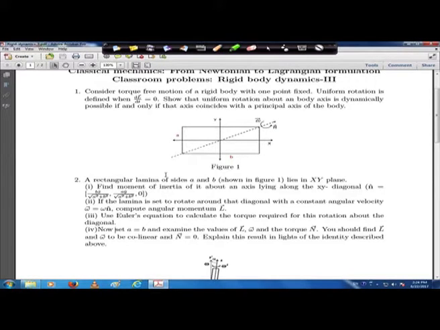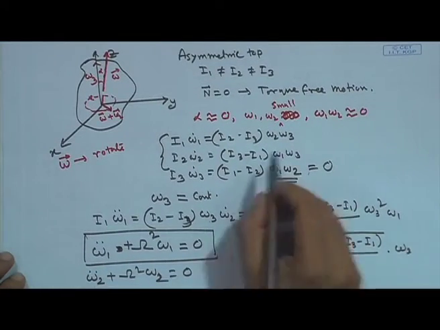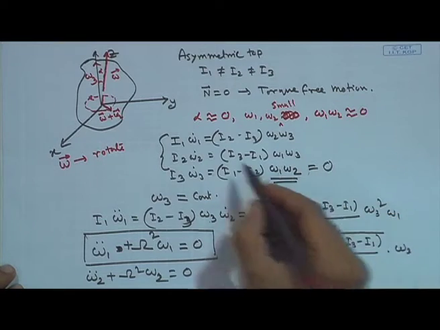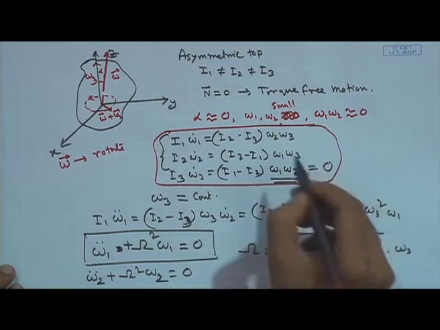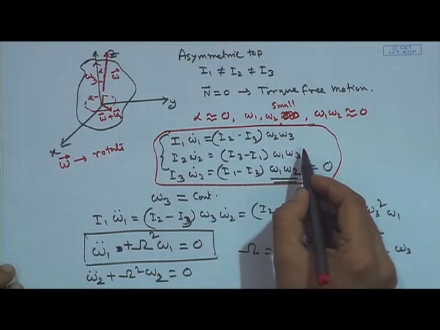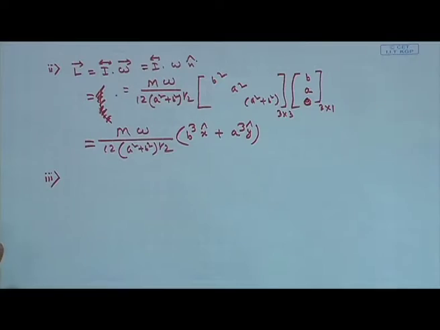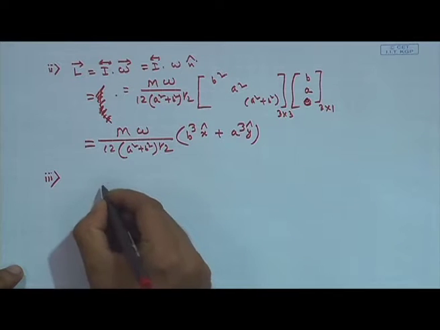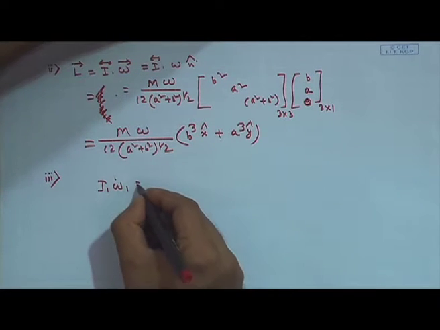Now we have already written the general form of Euler's equation in the previous lecture. I just don't want to write this, so let's look at it for a while before writing anything. Of course, these equations are, okay, so let's do it. This is for torque free, so it will be I1 omega 1 dot is equal to